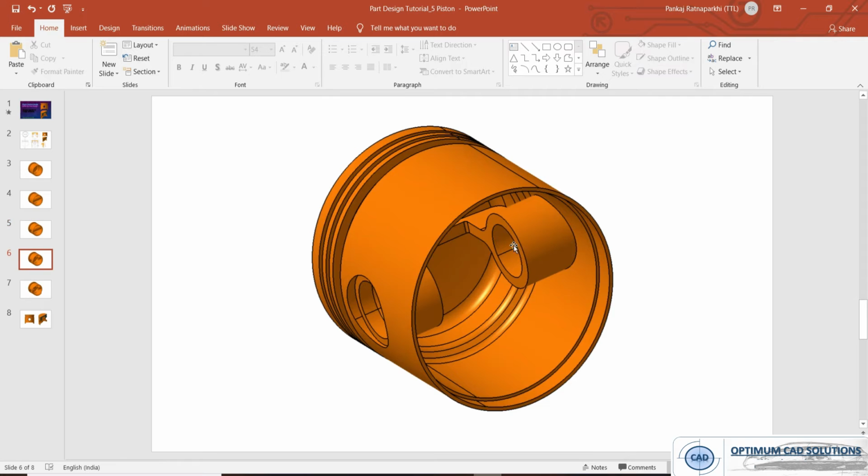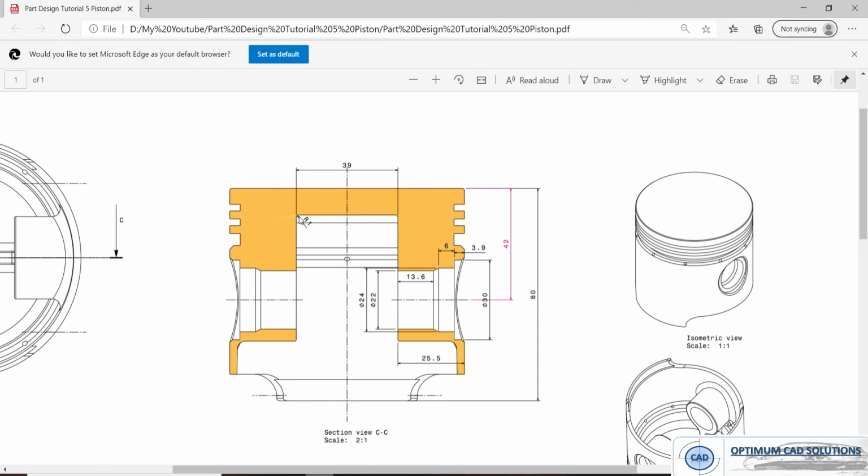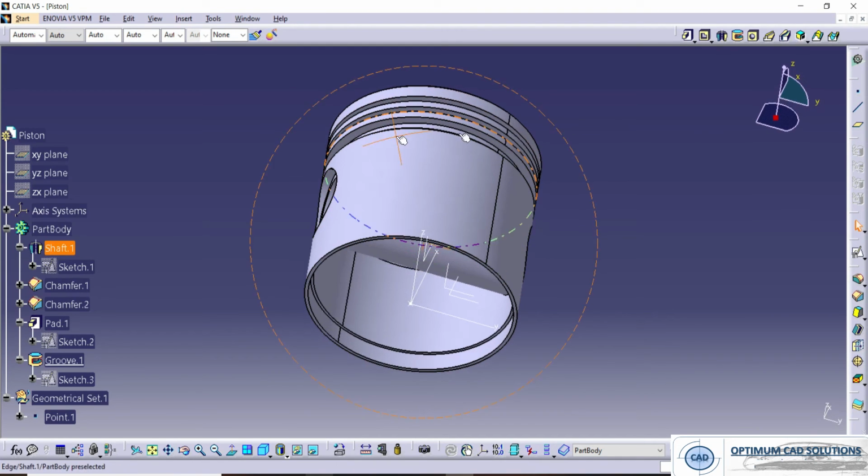Now fourth one, internal removed. So this slot gets removed from this pad. So let's check the dimensions. So this slot is of a 39 mm from the center and 10 mm from the top surface.